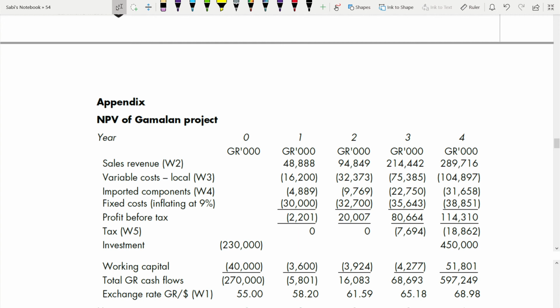Next, since this is the international net present value, currency is very important. So when writing the currency, they are dropping down the three zeros, as you can see, that's why the three zeros, and also the currency. Very important, I have underlined it: in every year you have to put it, not just in year zero and then not writing in years 1, 2, 3, 4. Coming to sales revenue, always sales revenue is your first line.